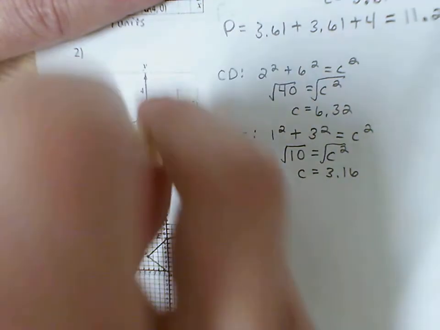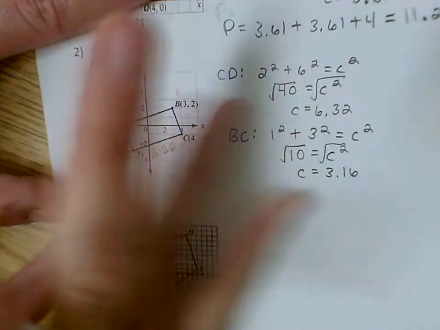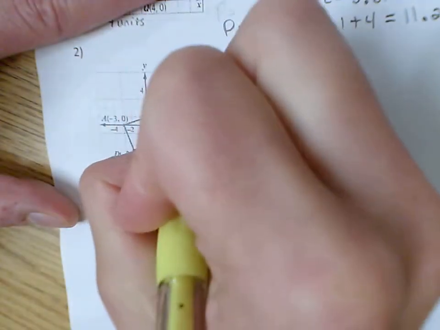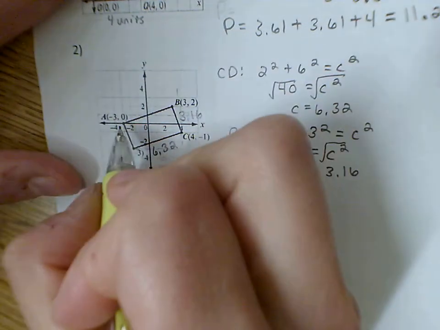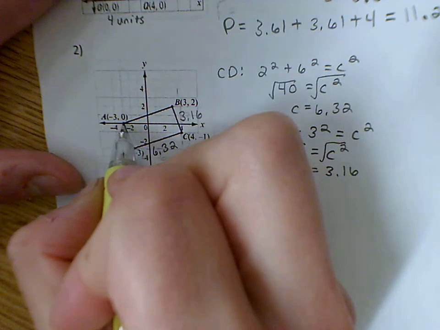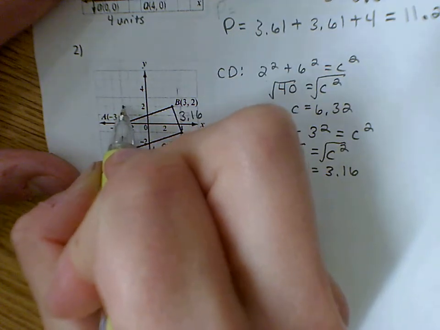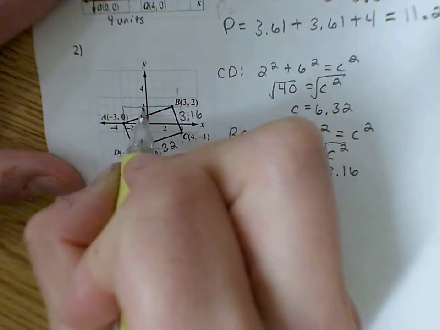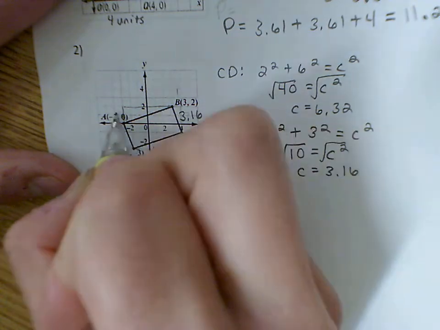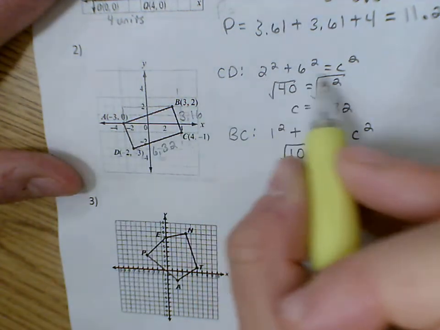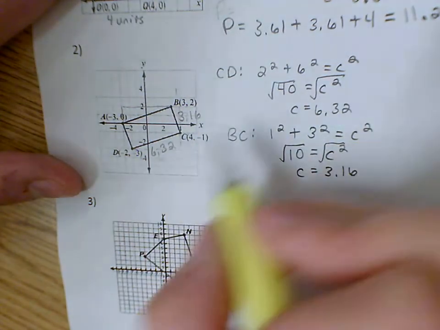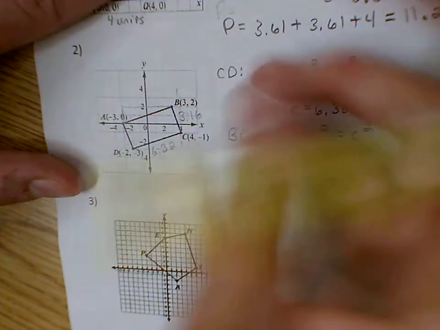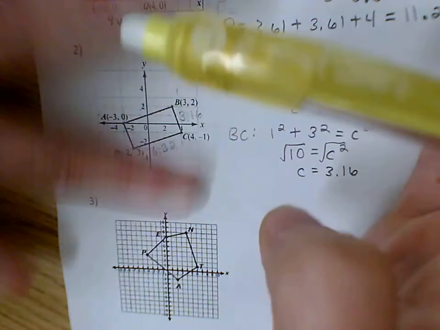All right, so I'm going to go over here, erase, and I'm going to write that down. So I have 3.16. All right, then I got to keep going. So this one, I have to go 2, and then let's see what that is. 1, 2, 3, 4, 5, 6. So 2 and 6. Notice we had already done that. Okay, that was actually what we did down here. So if it's the same equation, save yourself time. That's going to be the same as the